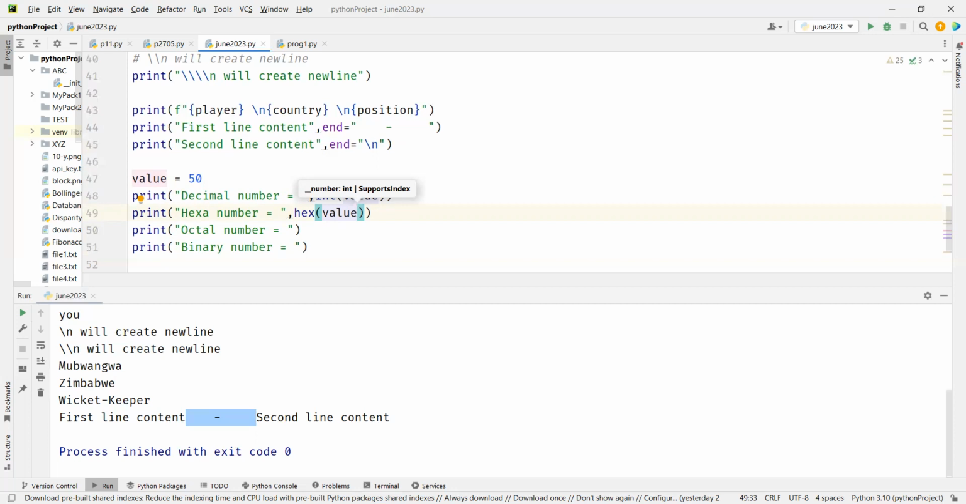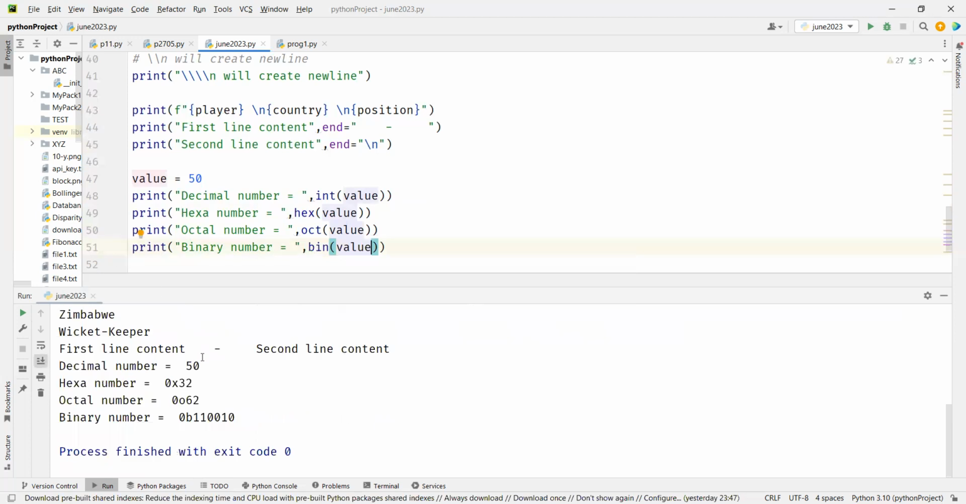So hex, then oct for octal, bin for binary. You see, 50 is 50 only. Now you see here,